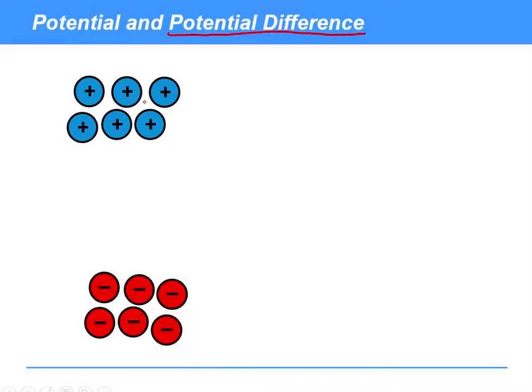So if, for example, I just focus in here on this positive charge up here, and I attempt to move this positive charge further away from the negative charge, I need to do some work. A bit like trying to push a boulder up a hill, I need to input some energy in order to get that positive charge further away. However, if I allow the positive charge to go a little bit closer to the negative charge, then